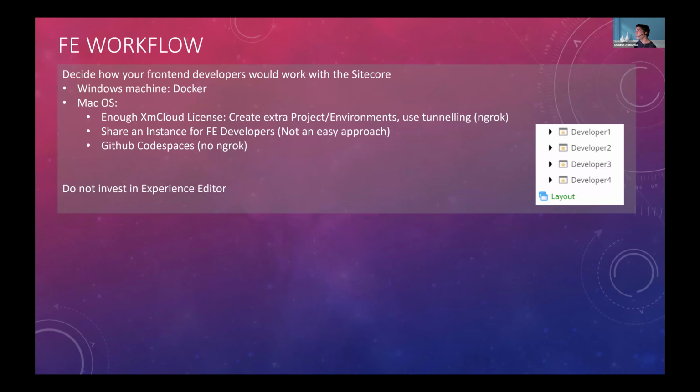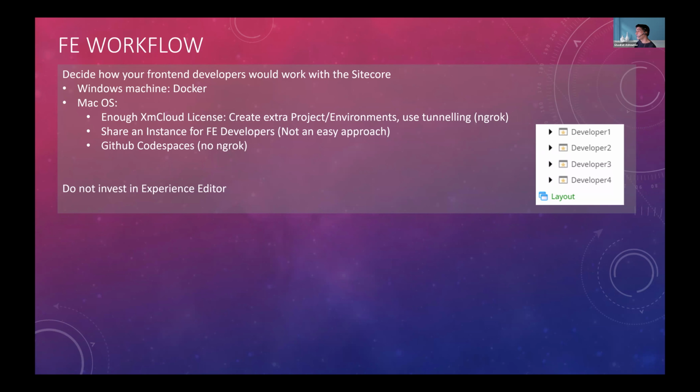The next tip is about the front-end workflows. It depends on how your front-end developers work. If they have a Windows machine, then you shouldn't have an issue. They can just use Docker.